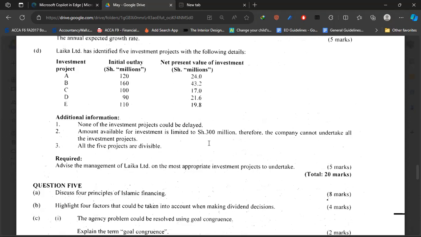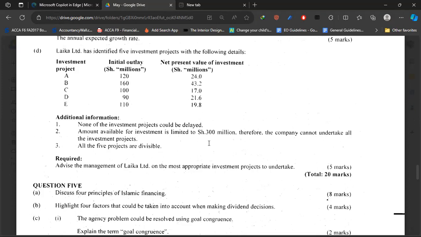B, 160, NPV of 43.2. C, 100, NPV of 17. D, 90, NPV of 21.6. E, 110, NPV of